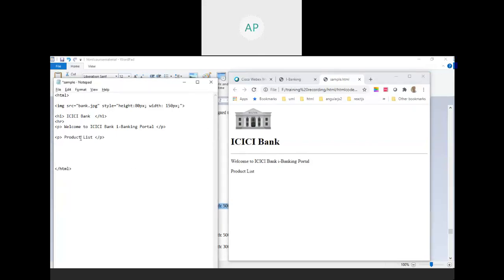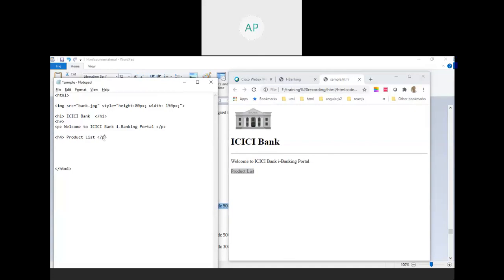Control V, Control S. Let me run this one. So we are getting the product list, but if you want this a little bit bolder and a little bit bigger, you can either use style or else you can use H4.